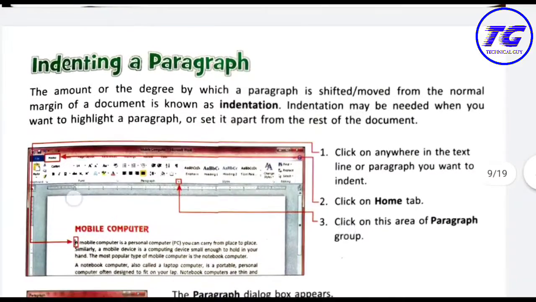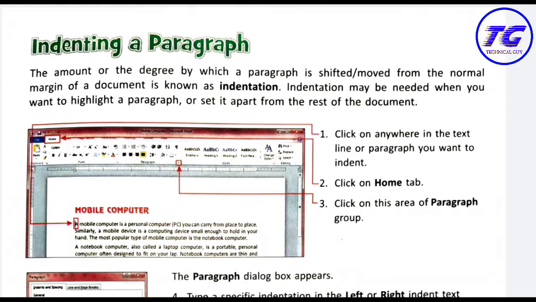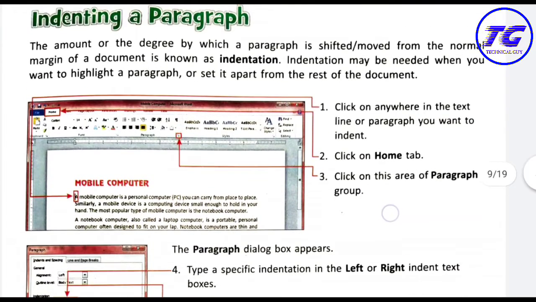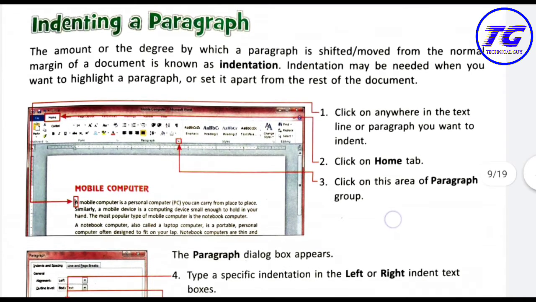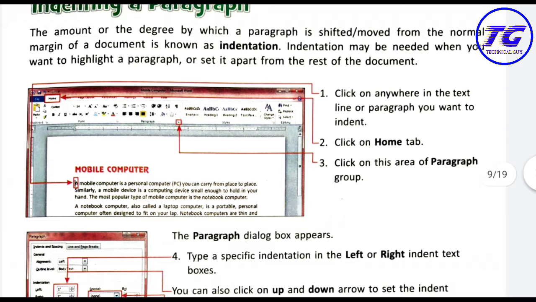Here we have indenting a paragraph. So indents we can use in the text. Indent means when you shift or when you move the paragraph from the normal margin of the document, it is called indent.